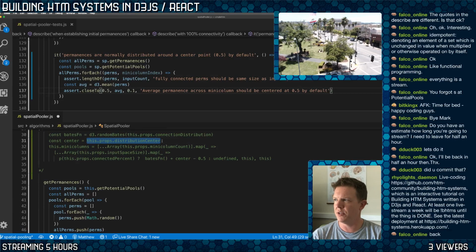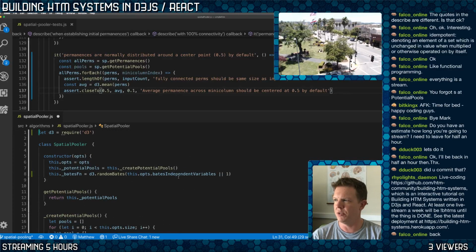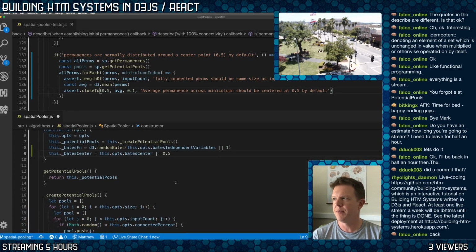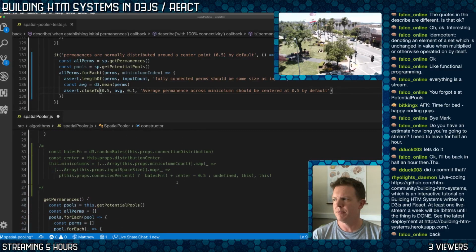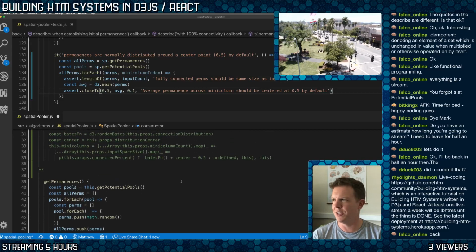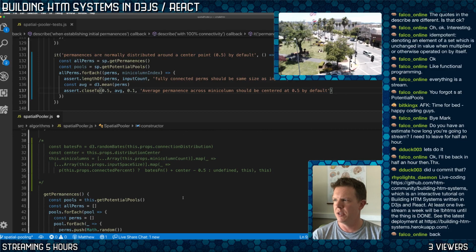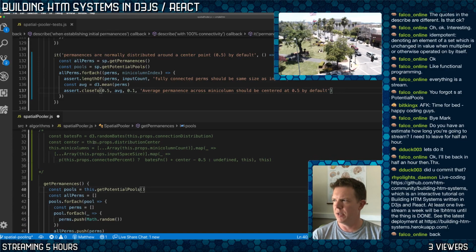I have to have a center. Okay, again, distribution center. Let's set this. This dot Bates center equals this dot ops dot Bates center or 0.5, because we want it to be the center of the weights by default. I reserve the right to change all this stuff. I just want to see the functionality working and the test passing. Okay, so I have a center,